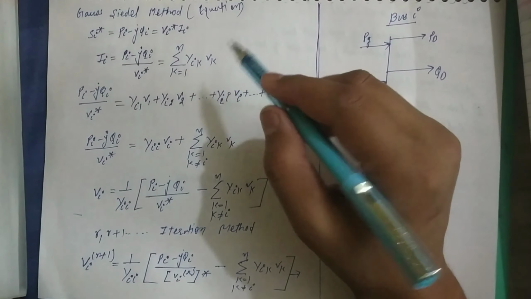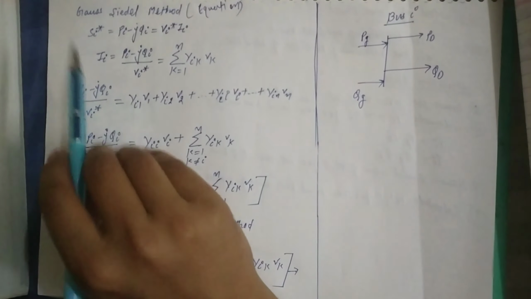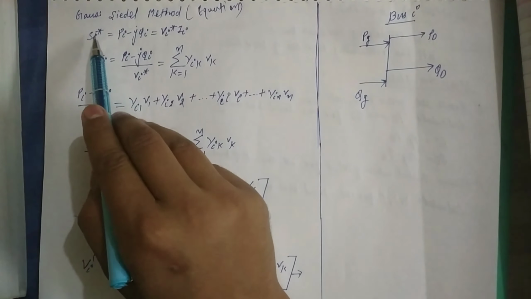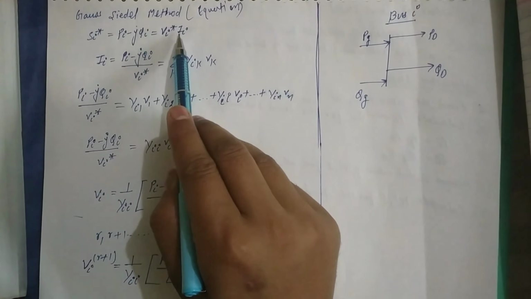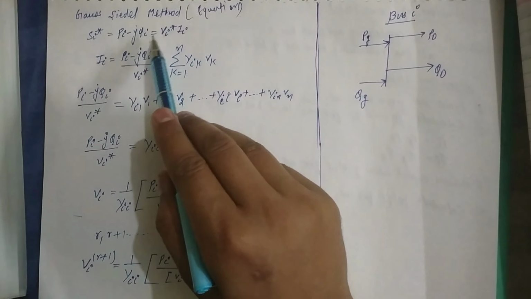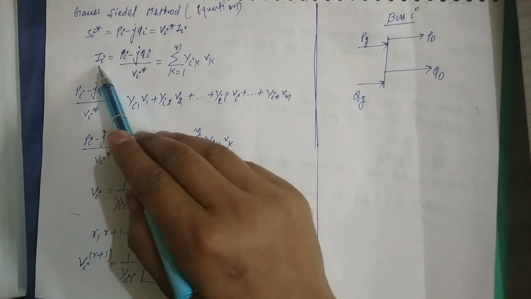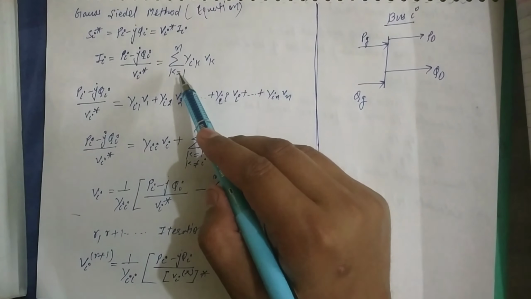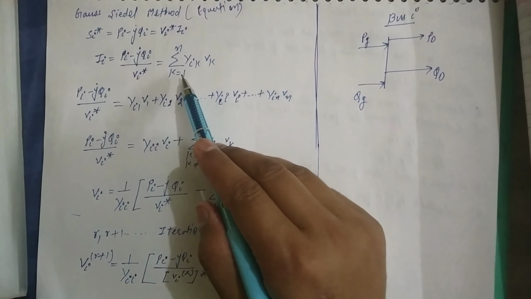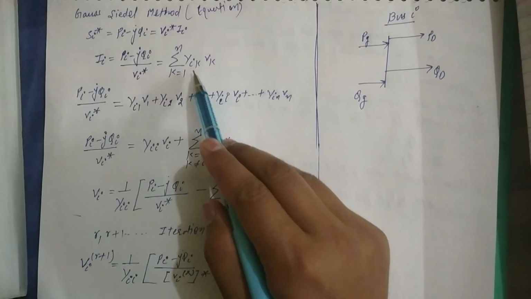Okay, these are simple equations. The total power is equal to the active power minus jQi, Pi minus jQi equals Vi conjugate Ii. I have taken the conjugate of the total power, so the conjugate will come onto the voltage. Now Ii equals, and Vi conjugate will come on the upper side. From the previous class you can see I equals Y into V. I am writing it in the summation form, where i is the bus and k is the number of buses from 1 to n.